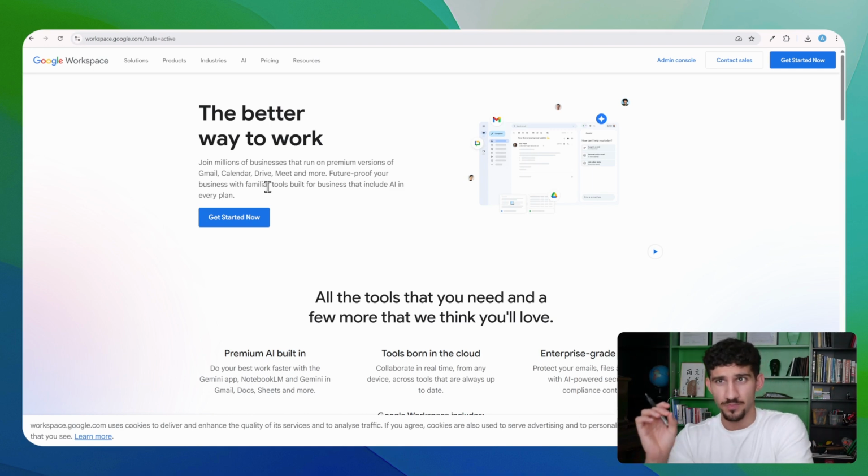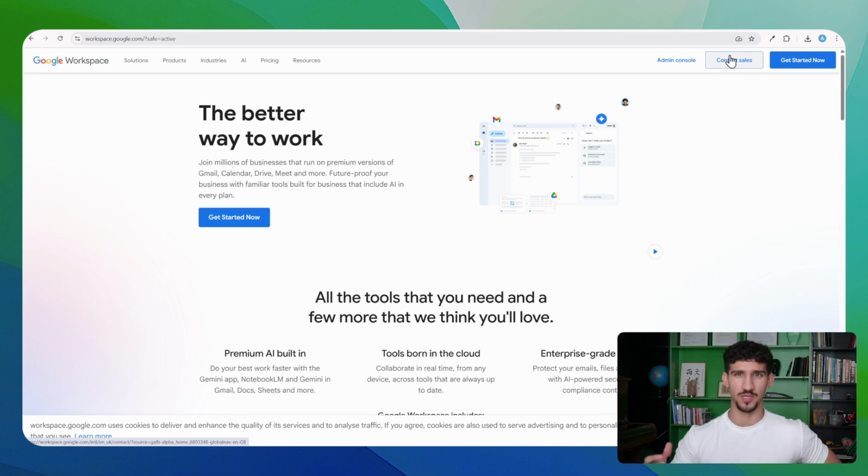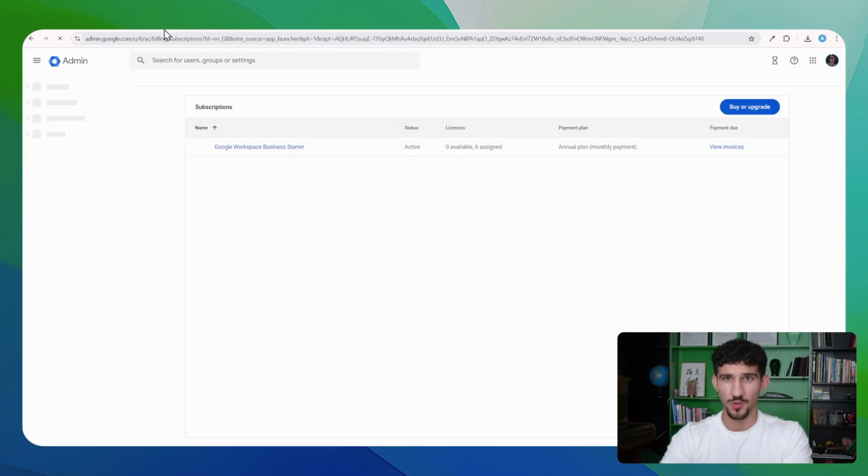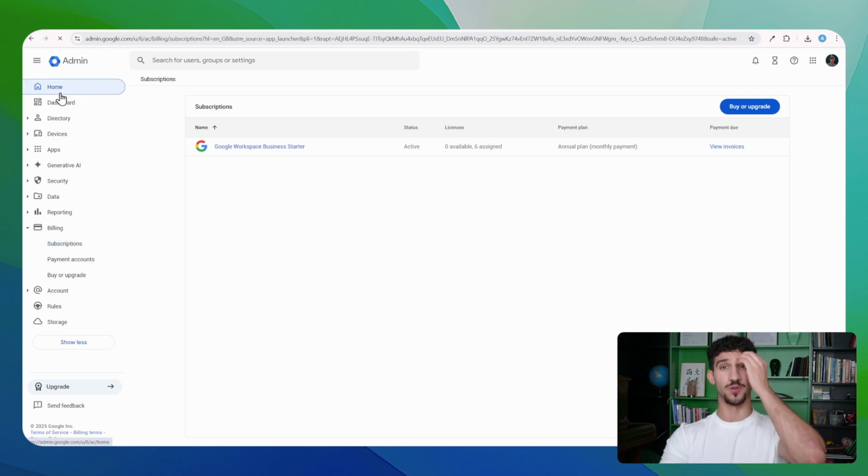Now head over to workspace.google.com. And first you have to sign in. If you already have an admin console for your organization, then sign into that and you can add this under your organization. If not, then you have to create a brand new organization. Here I've already got an organization, so when you sign into your Google Workspace, you should be taken to the admin console like this over here. Now if you go home,